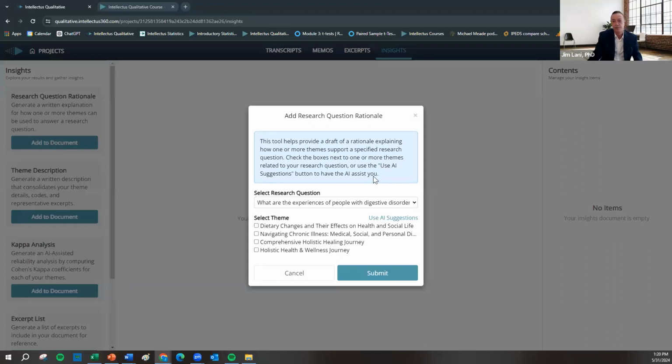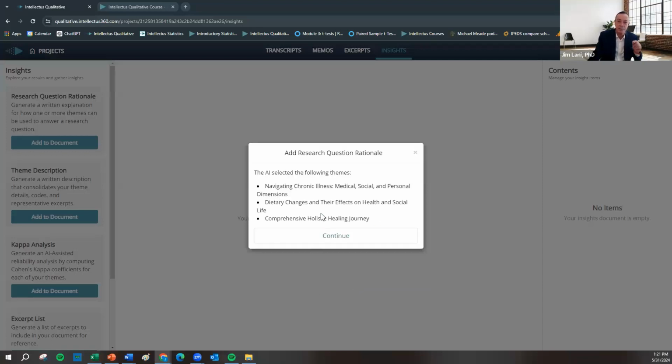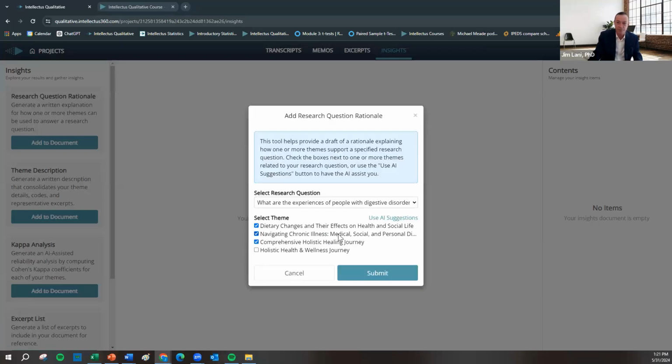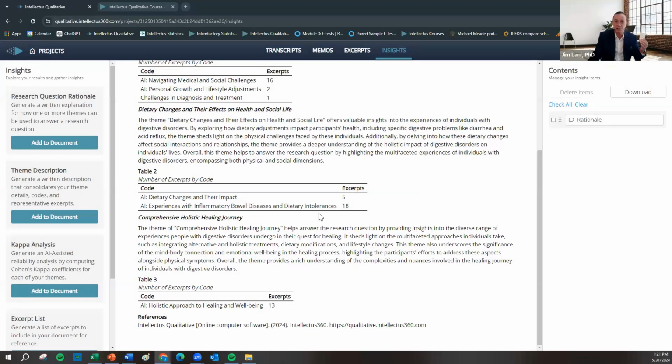So here, what the tool is going to do is we're going to pick a research question. Now I can select, well, let me just use the AI feature first. Based on this question, I can use the AI to suggest which themes go together with that. So they suggested these 3 themes go with that research question. And you can see that that's selected there. Okay. And then submit. So what's happening now is we're tying together